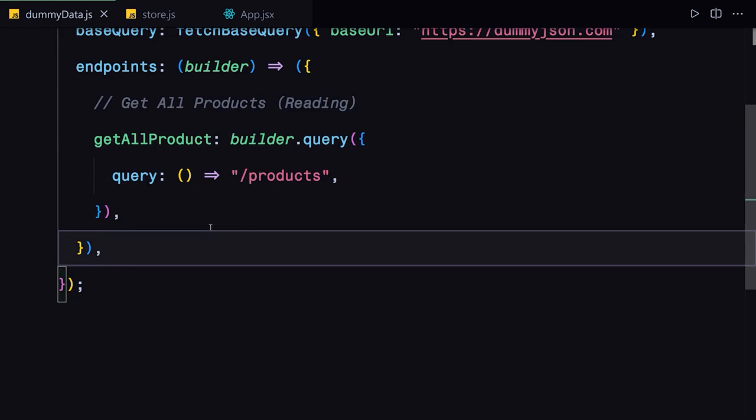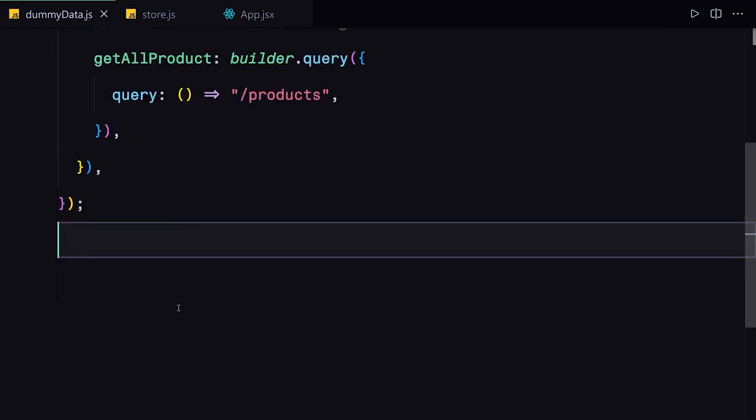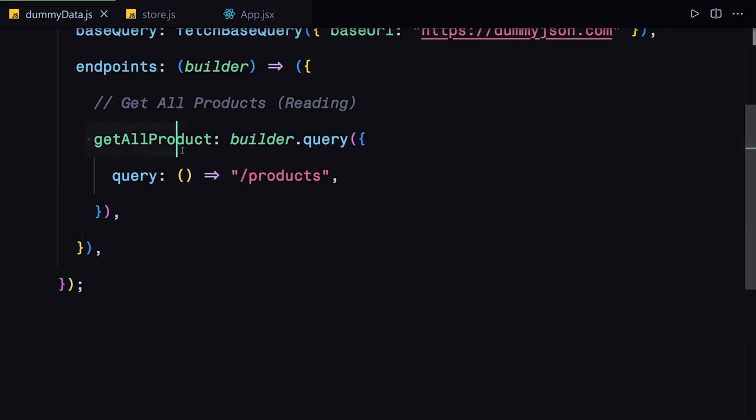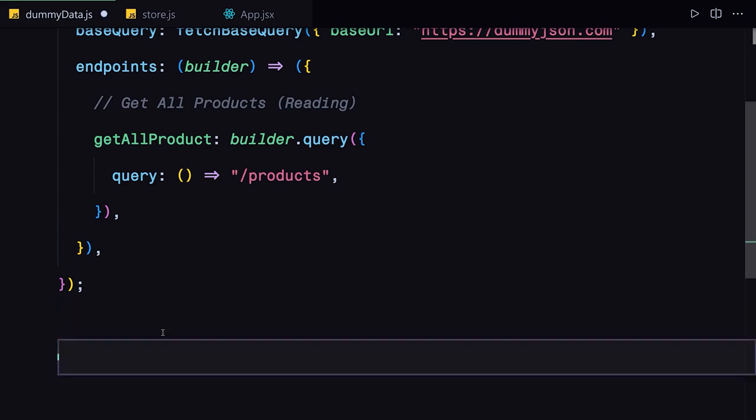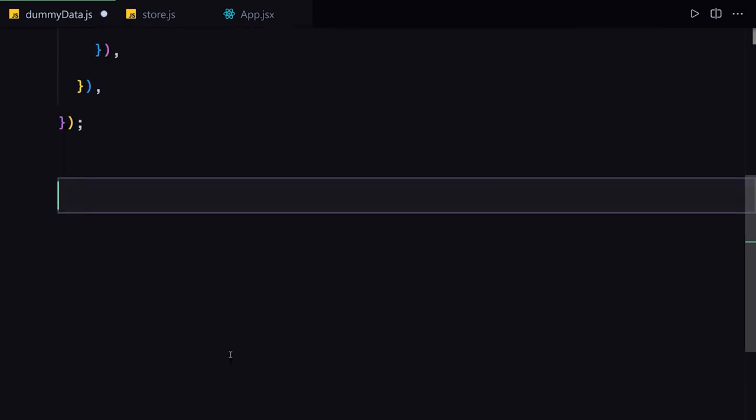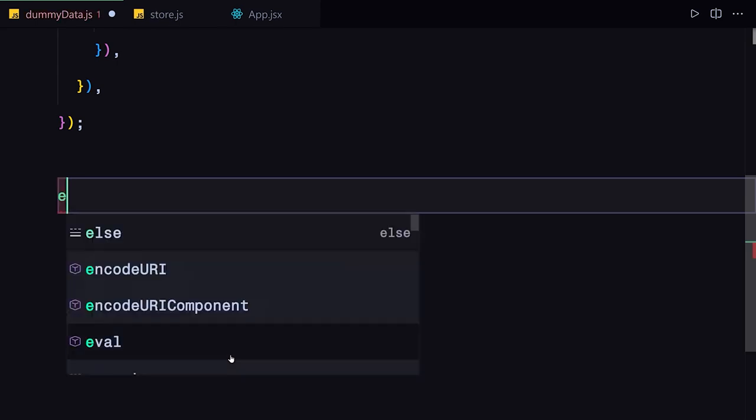What do I mean by the magic? By magic I mean that RTK Query will automatically create a hook based on this endpoint. So how are we going to be using that hook, or even seeing that hook? The syntax looks a bit confusing, but I want you to bear with me for a few seconds. We are going to be exporting